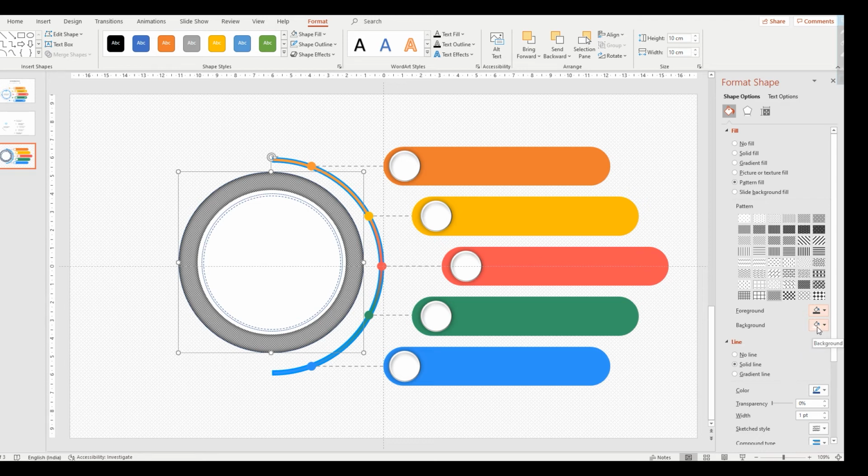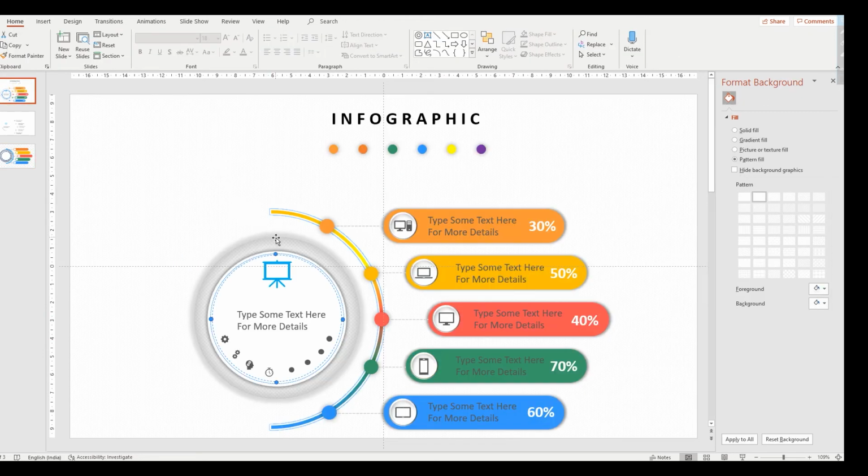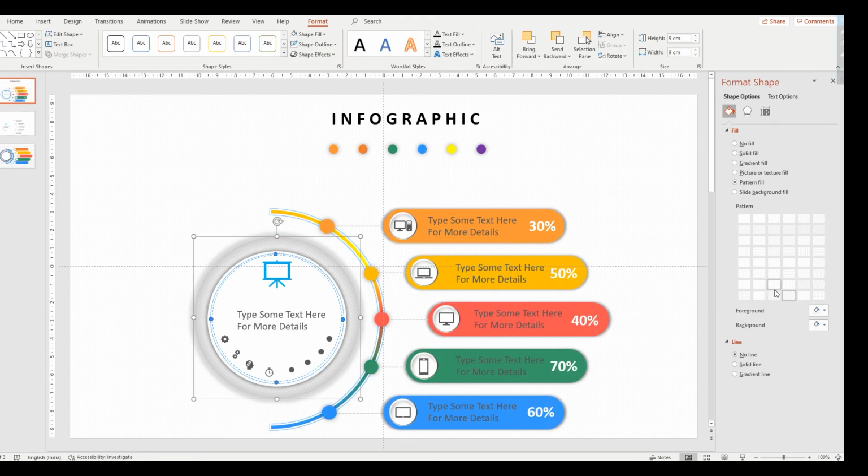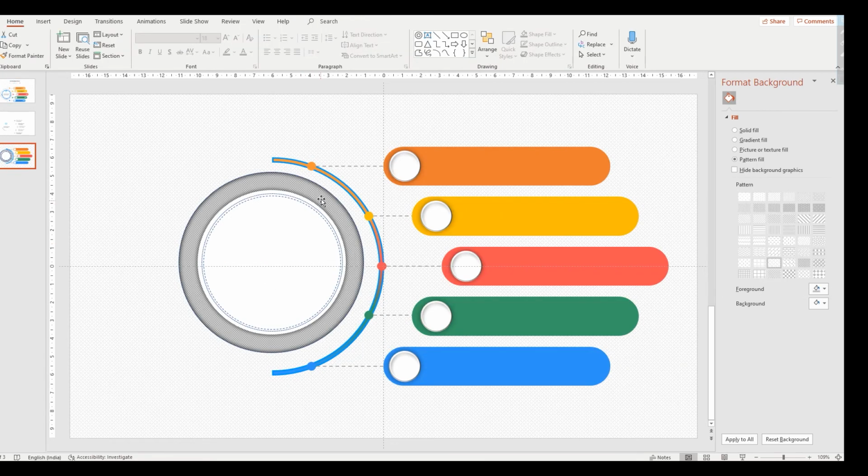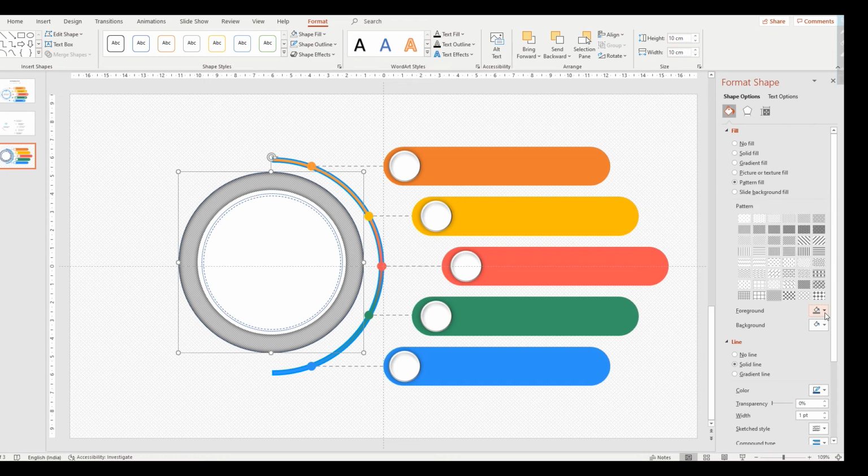It is okay. Here we can check which color we gave. This one. Here also we will give the same.